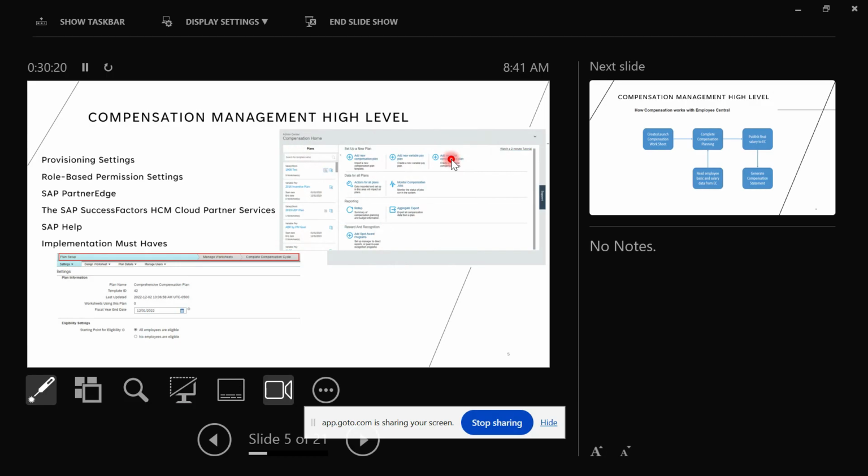Everything will be handled in a single template, through the total comp template. Then there is certain other configuration that needs to be done, so we don't do it in this menu,